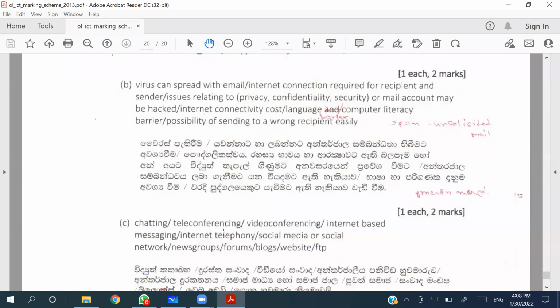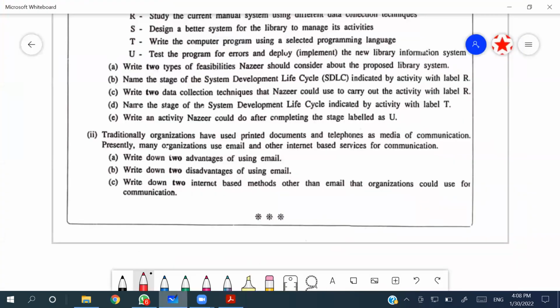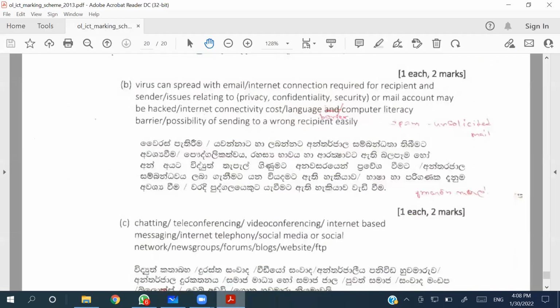And the very last question, write down 2 internet-based methods other than email that an organization could use for communication. So you can use IRC chats, right? Or like the chats. You can use video conferencing. You can use teleconferencing. Instant messaging services you can take. And social media or social networks,